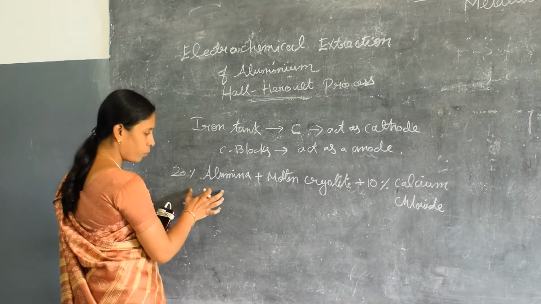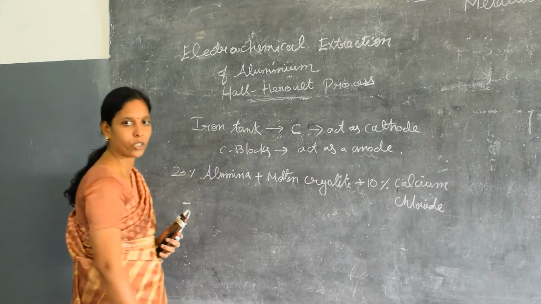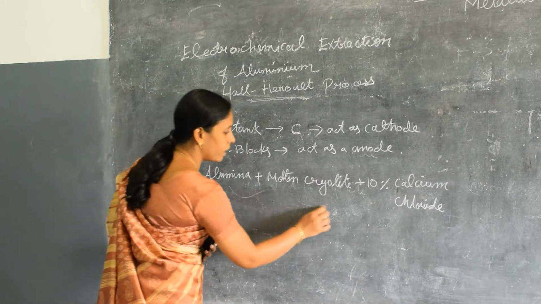These mixtures, that is 20% alumina, molten cryolite and 10% of calcium chloride, are maintained at the